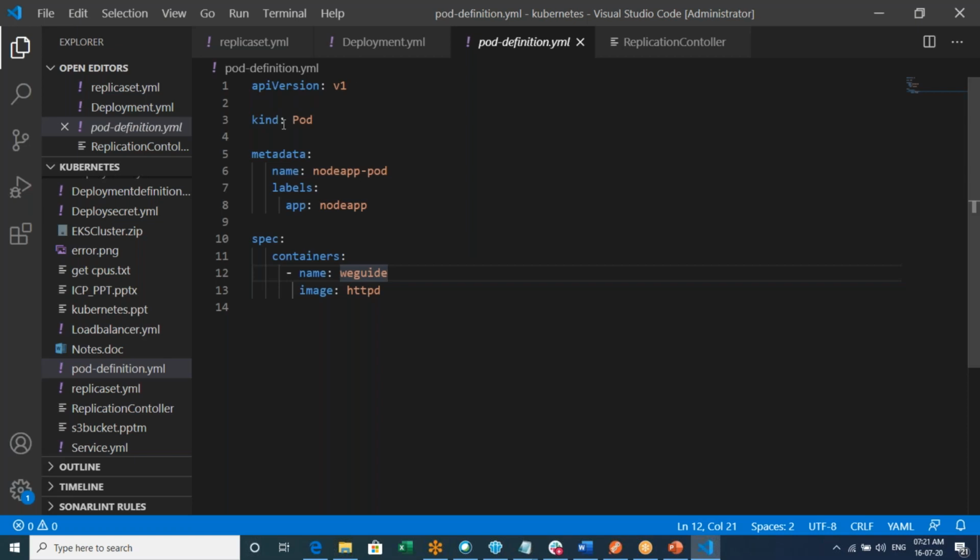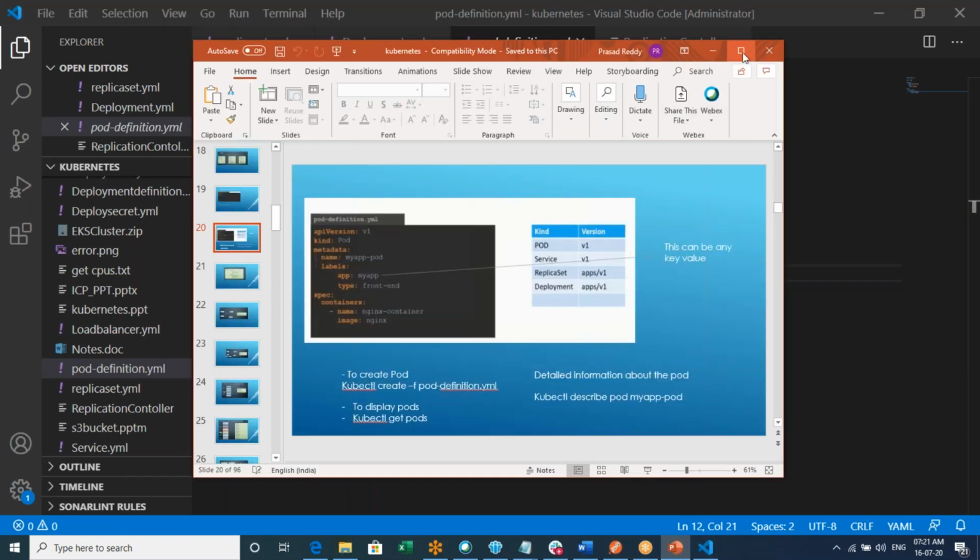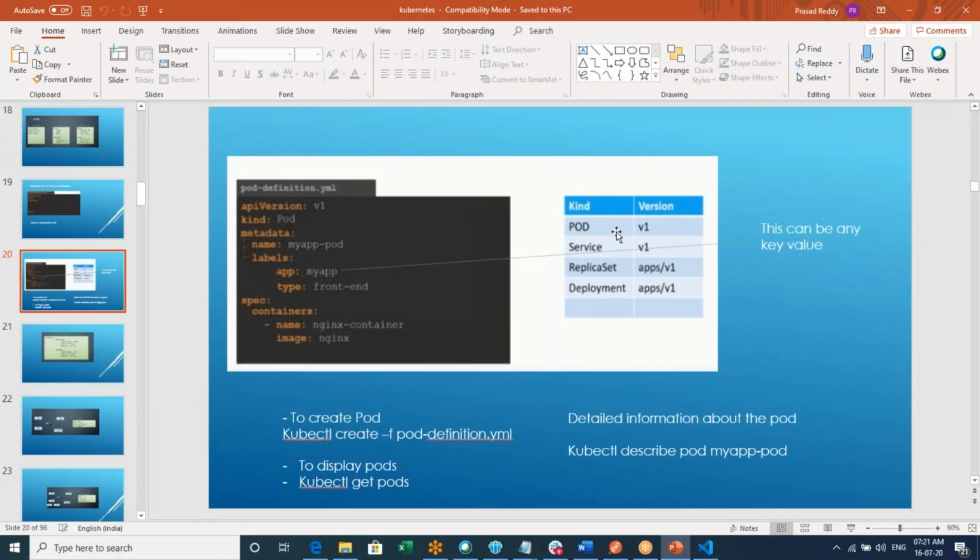It depends on the kind; we need to choose the API version accordingly. For a pod, we use API version v1. Whenever you are creating a service, it will be v1 again. For replica set, it is apps/v1, and for deployment, apps/v1.